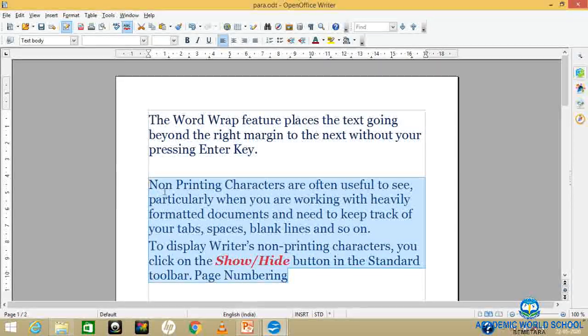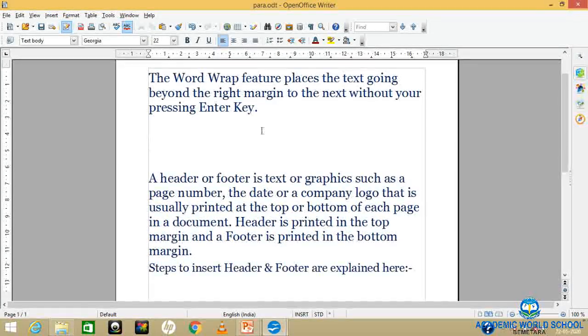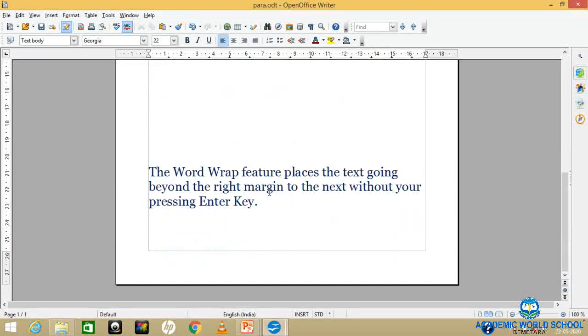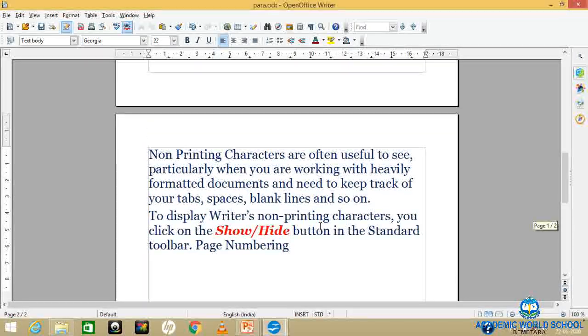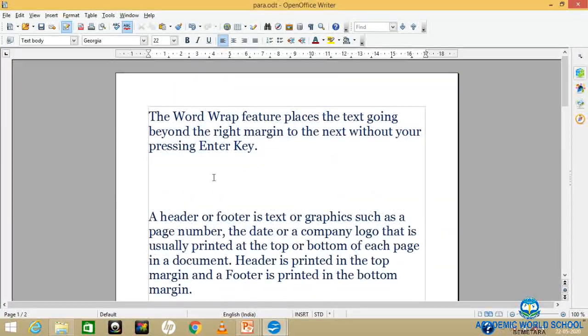This matter is available in the next page. So the basic difference between cut paste and copy paste is clear. By mistake I wrote something wrong here, Control plus C. So this is your shortcut key.